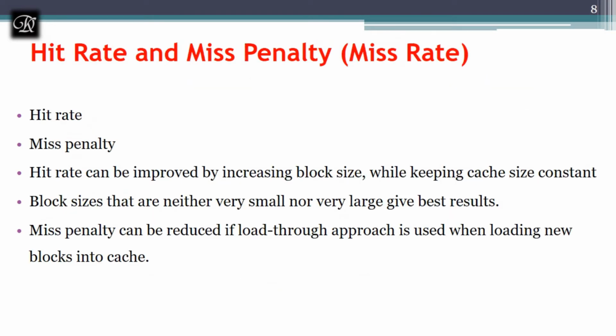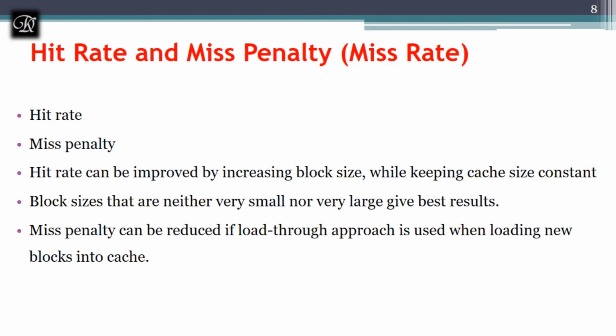Next, we'll see some definitions of hit rate and miss penalty or miss rate, which I have discussed more in the previous example of mapping algorithms. Hit rate is the total sum of all the hits whenever the processor requests a series of blocks from the cache. If all those blocks are available in the cache, then the total number of blocks equals the total hit rate. If there are some misses, the hits will be counted and the misses will be counted, which I have explained how to count in the previous video. That summation is called the miss rate or miss penalty.